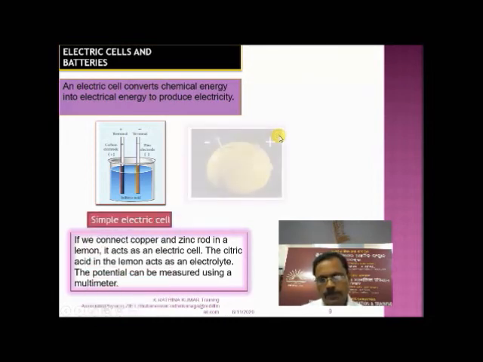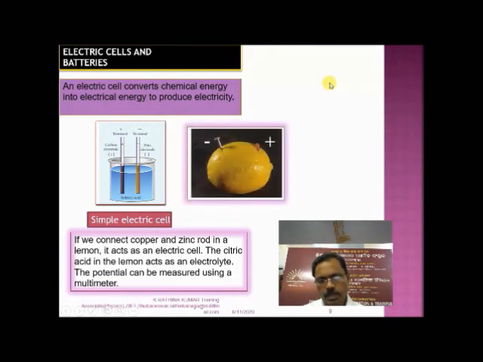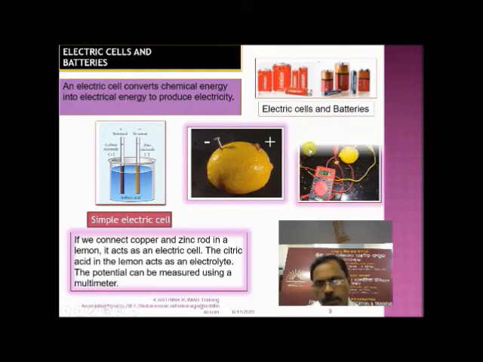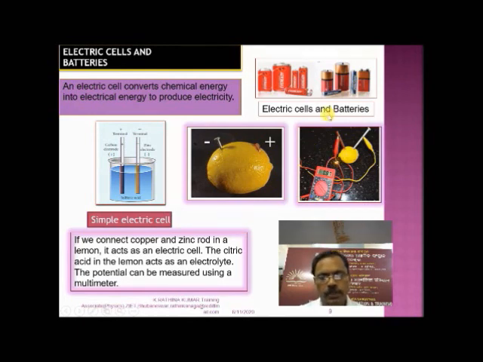So this is the simple electrical cell, with the lemon diagram and a photo. Some of you might have done this activity of finding the current in a lemon; at least a single LED bulb will glow. This is the picture of the electrical cell, and a group of cells is a battery. Then this photo shows how much voltage is extracted from the lemon through the multimeter. It shows 0.87.